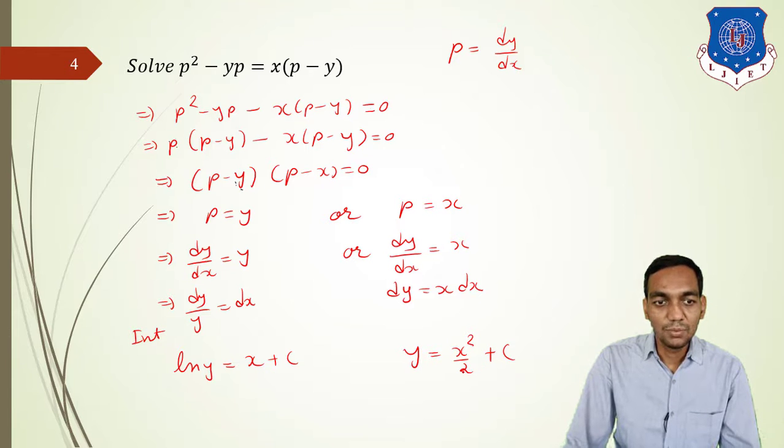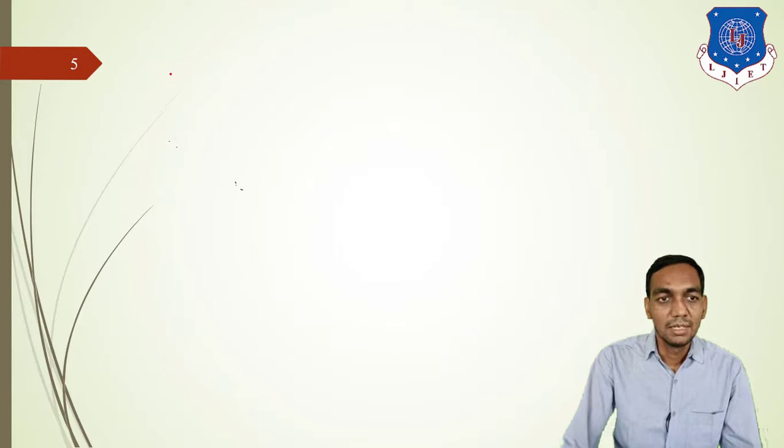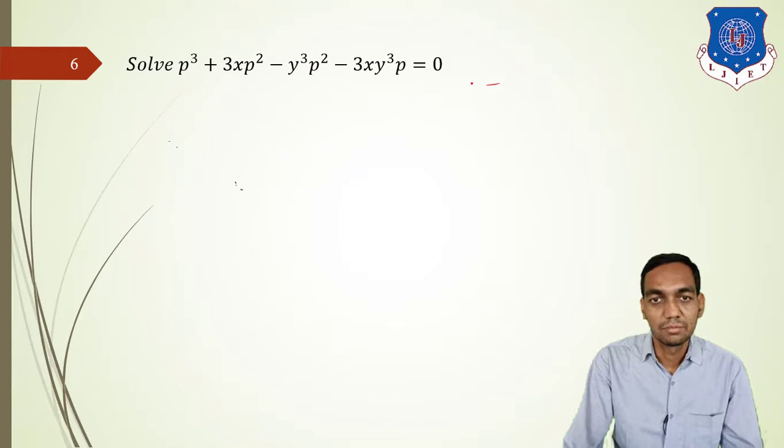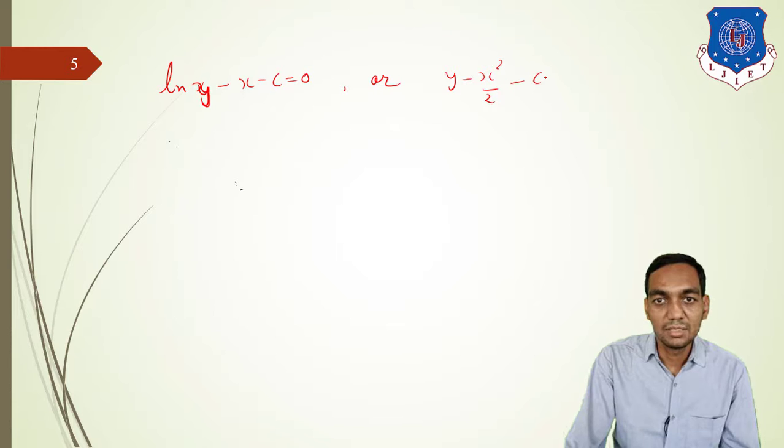Now, if you are going to solve this, that means we are writing this in the form of log y minus x minus c is equal to 0, and y minus x square by 2 minus c is equal to 0. So this is your equation number 2, this is your equation number 3, and therefore the general solution is given by